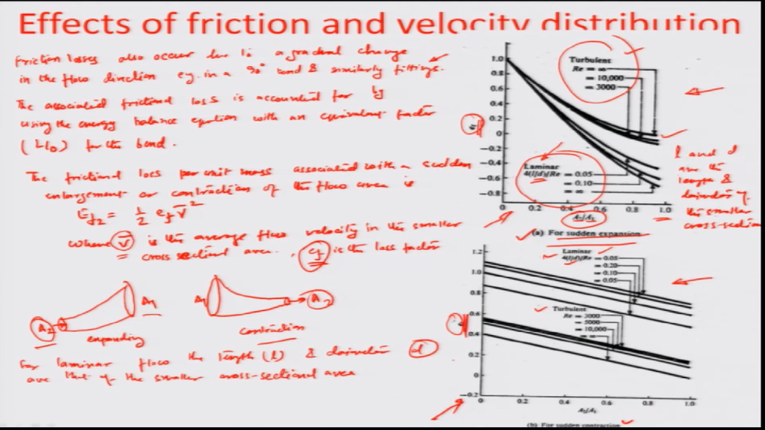the friction loss in bending or fitting with respect to the Reynolds number, and also with respect to the area ratio A2 by A1. The A2 by A1 in our case is 0, so it is tending to 0. So, we will have to read out really on this particular axis,